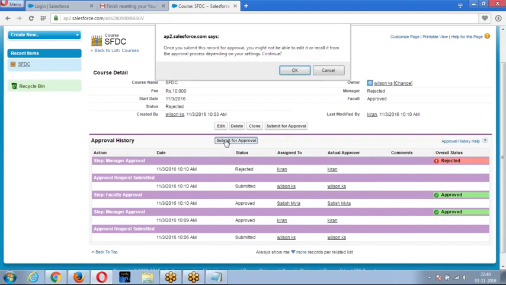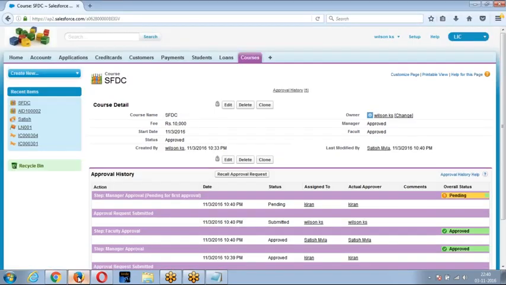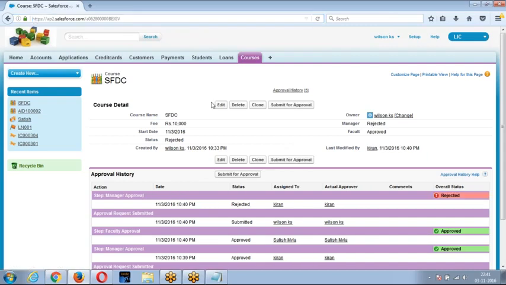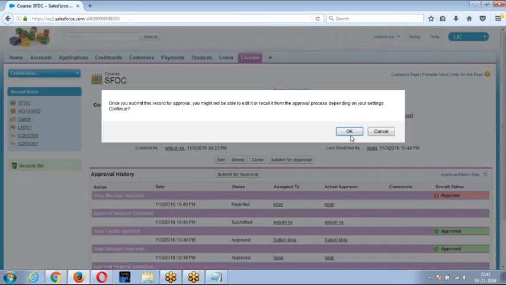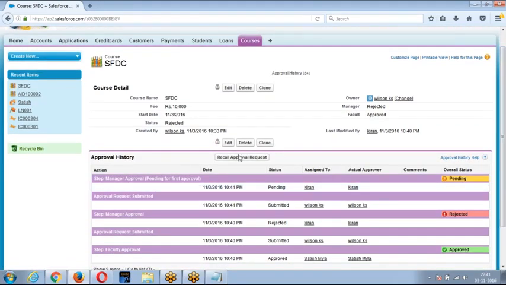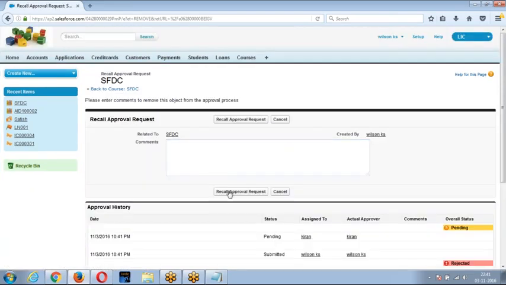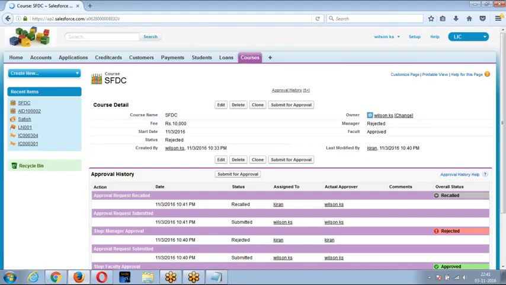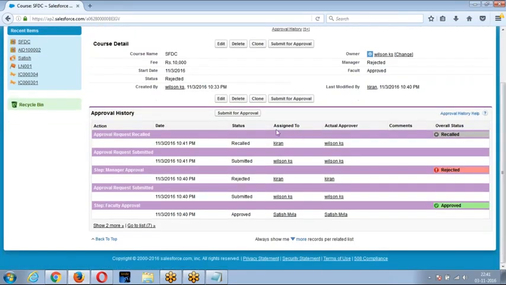Now again I am submitting the record for approval. This time after submitting, I found that there is some mistake with the record, so I call it back. Recall approval request. Once you submit the record, if you want, you can call it back.